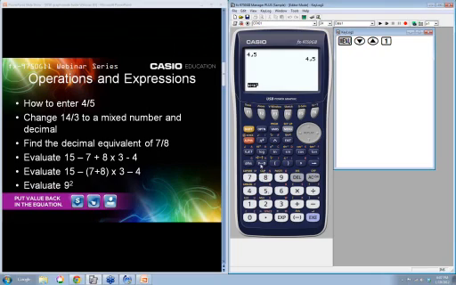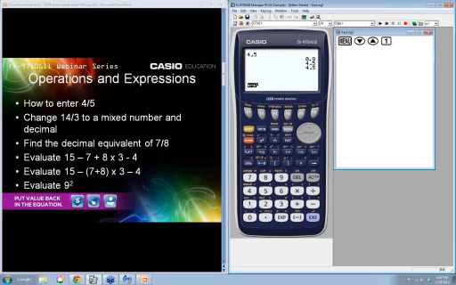But let's say we want to change that to a decimal. We hit this button right here, F to D, and it toggles it back and forth between a fraction and a decimal. I like to have my kids convert fractions to decimals and then use this to check their answers, make sure they're right. Okay, and it'll just keep doing it as many times as you want. So entering fractions is very easy.